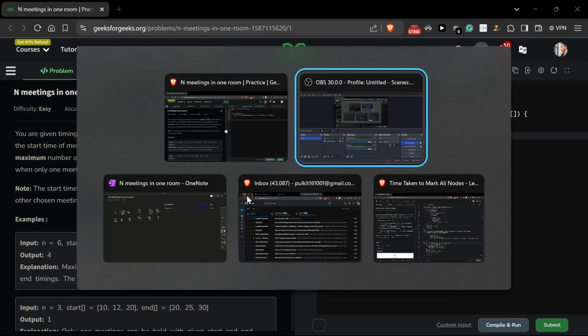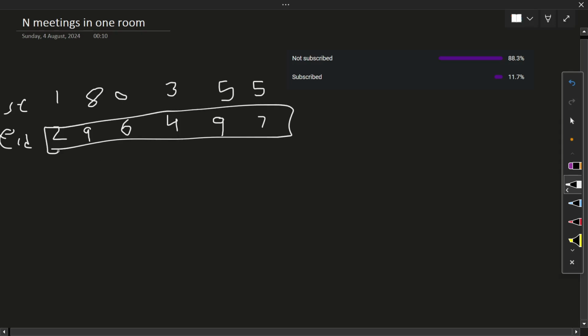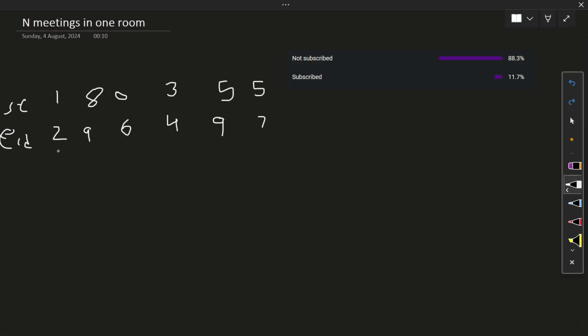Let's build the approach. We have this array. I shuffled the array. This is the start time and this is the end time. This question is a classic greedy question. We have to sort by end time, because we want to finish each meeting as soon as possible to maximize our meetings. So if we sort according to end time,